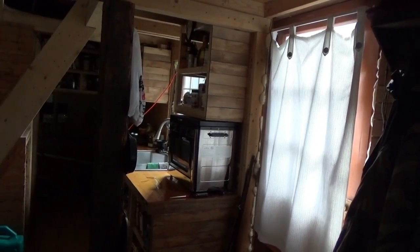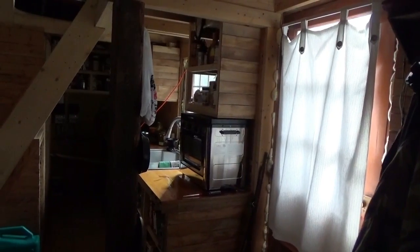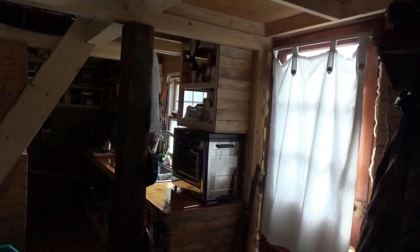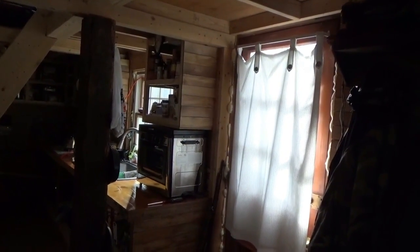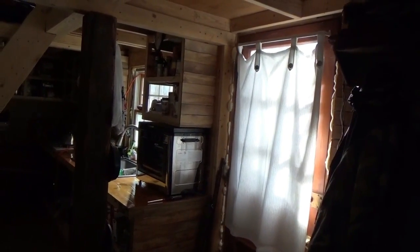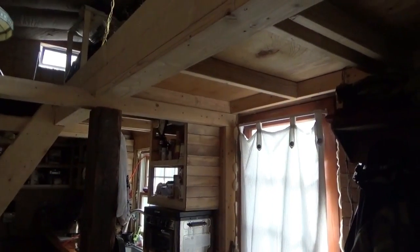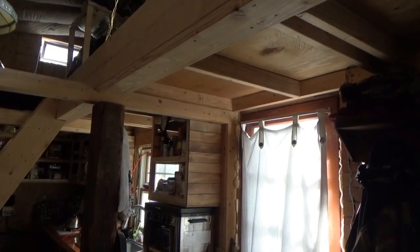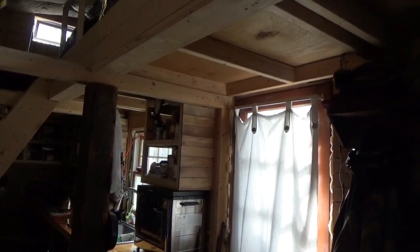The wood I got for free, all recycled lumber, and it was a lot of work reclaiming that material. The door was free, the windows were free. As I show you around, the only thing that was new in this tiny house on wheels was the framing to build a house, and the roofing material and the insulation. So just the framing, the roofing, and the insulation, and of course the floor, which, by the way,